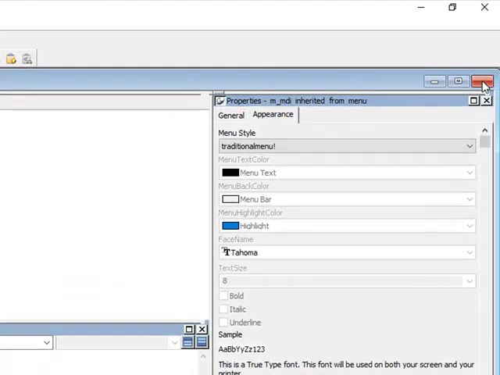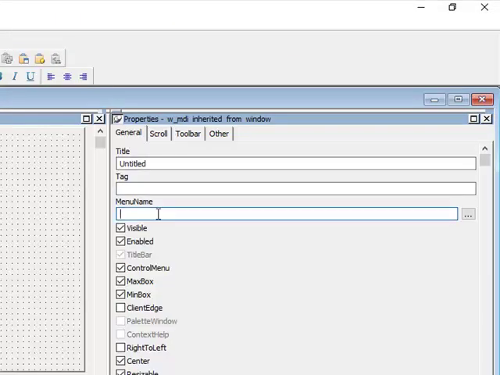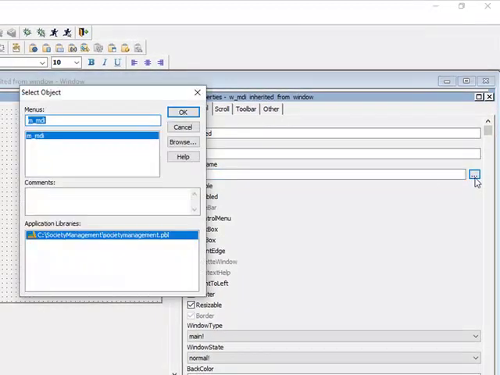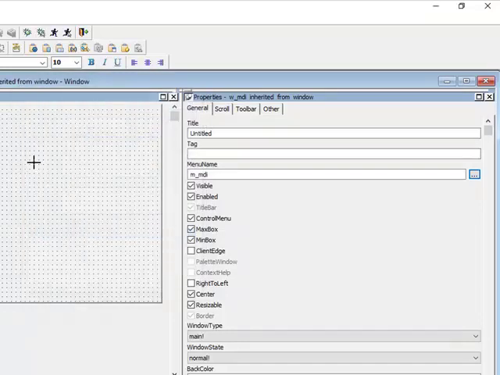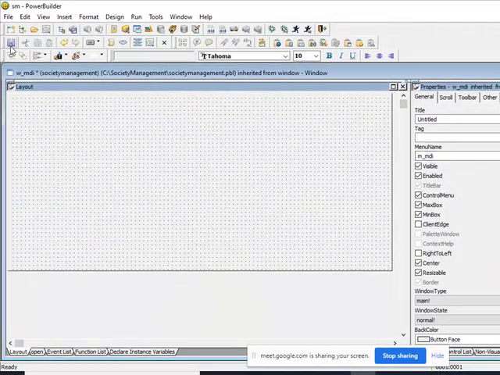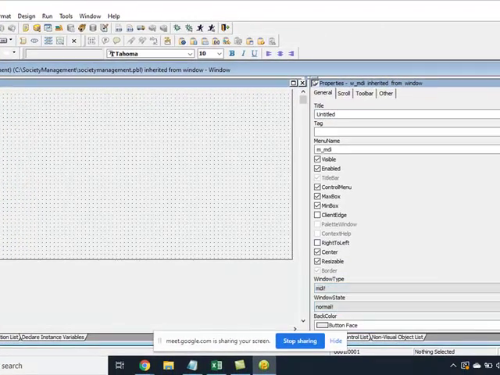Now I'm going to close this and I will use here. You can go here, it will show you how many MDI menus are there. Select it, you have connected it. Yeah, perfect. Now you need to make it as an MDI. Now it will not give you an error. Why? Because you added one menu, right?